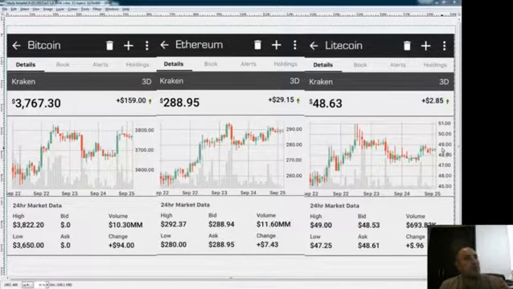So in hundreds. Therefore, what I'm going to say here is Bitcoin is at 38, Ethereum is at 29, and LiteCoin is at 49. Okay,